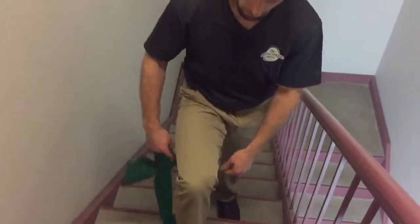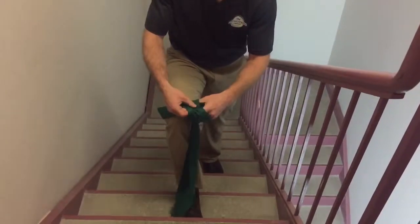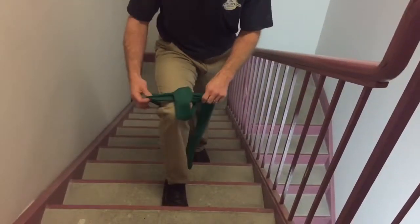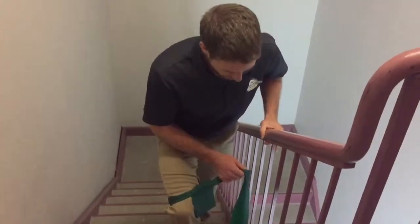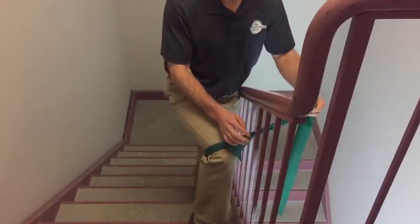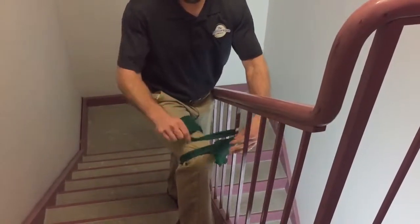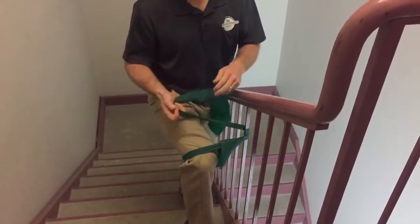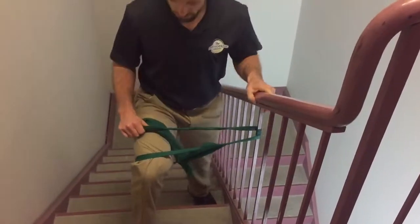So I'm going to take this band and I'm just going to feed the one end through the loop to create a little bit of slip tie on my knee. Okay, there we go, right above my knee. And I'm going to get close to my railing, all right? So I can use the rung of this whatever railing, and I'm just going to wrap the band around it a couple times. Okay, that works perfect. And then I can hold the band with this other hand or trap it to the railing. Now, I'm going to step away,